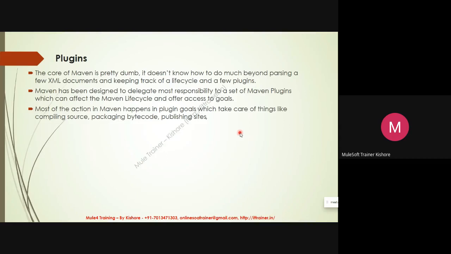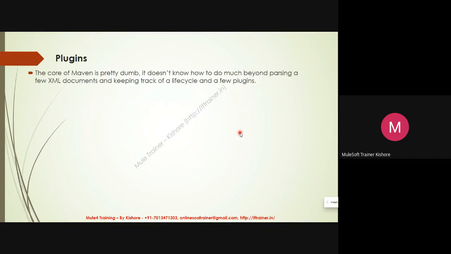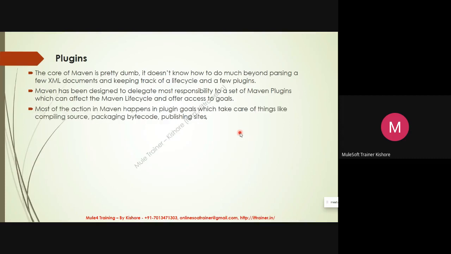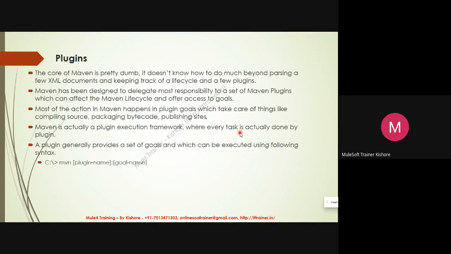So it means Maven is like your Mule server, right? Your complete Mule server is very, very lightweight. Whatever modules you want in your application, you add to your project and you deploy, right? In the same way, Maven is also not a heavy thing, whereas its plugins make it heavier and stronger. So plugins will help you. We have seen the plugins, right? For clean, package, build, and all. So those are the plugins, and there are some theoretical points you can go and read about.